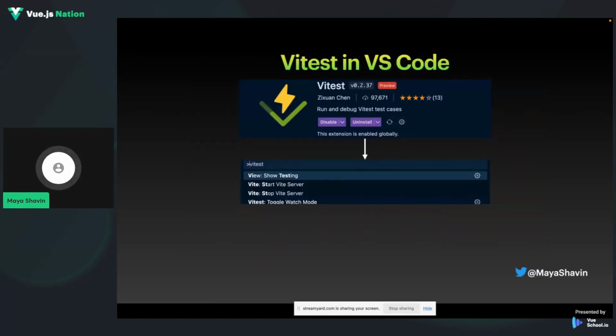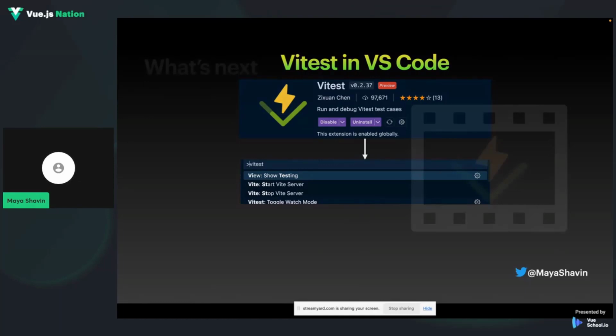And before we finish, if you want to use Vitest in VS Code, we have several extensions, and probably they have an extension for Vitest where you can install it and it will allow you to run the test server, and it also allows you to toggle the watch mode using the GUI of VS Code. It's just nicer for anyone who doesn't want to use the terminal.